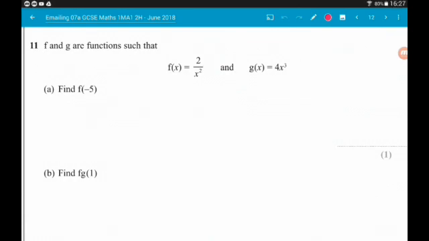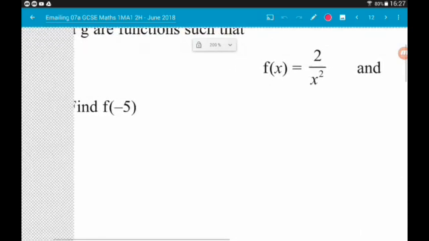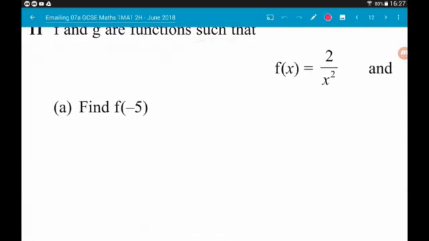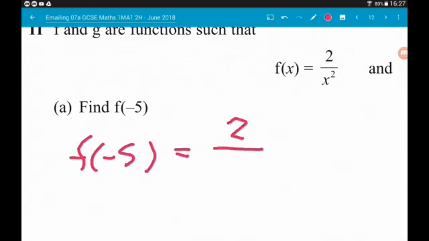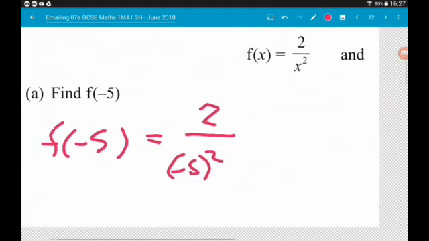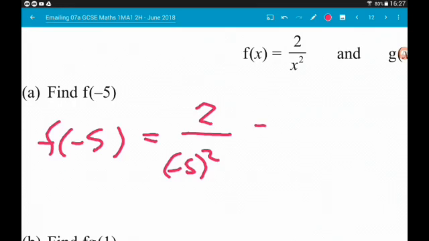Lots of stuff on these. So f of x is 2 over x squared, and g of x is 4x cubed. Part A wants us to find f of minus 5. So all that means is where there's an x, it becomes minus 5. So this is 2 over, again be careful with your negatives, x is being squared, so minus 5 is being squared. Minus 5 squared is positive 25. So this is 2